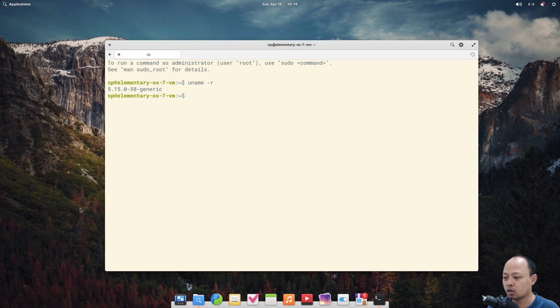I already tried the App Center. As we could see before, we could not find something like VLC. I want to try to install it from the terminal.